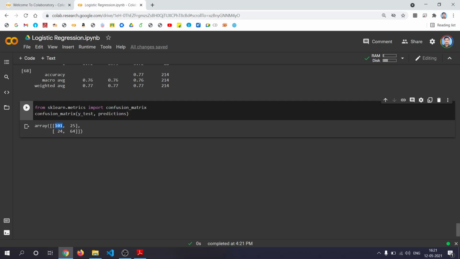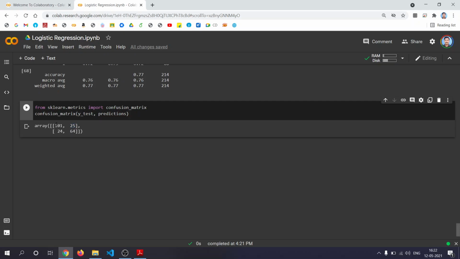In the data set it is assigned as negative, but here it is assigned as positive. That is false positive. So it's true negative. In the data set it is negative, and here also it is negative. In the data set it is negative, but it is identified as positive, means it is false positive.